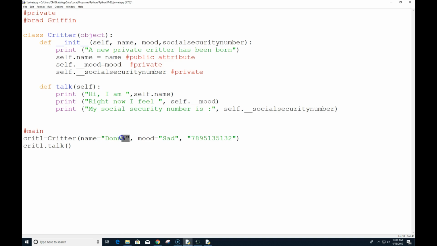So if I'm passing in name equals X, that might let me know what it is, because a lot of times we'll have a variable in there that we don't know what it is.